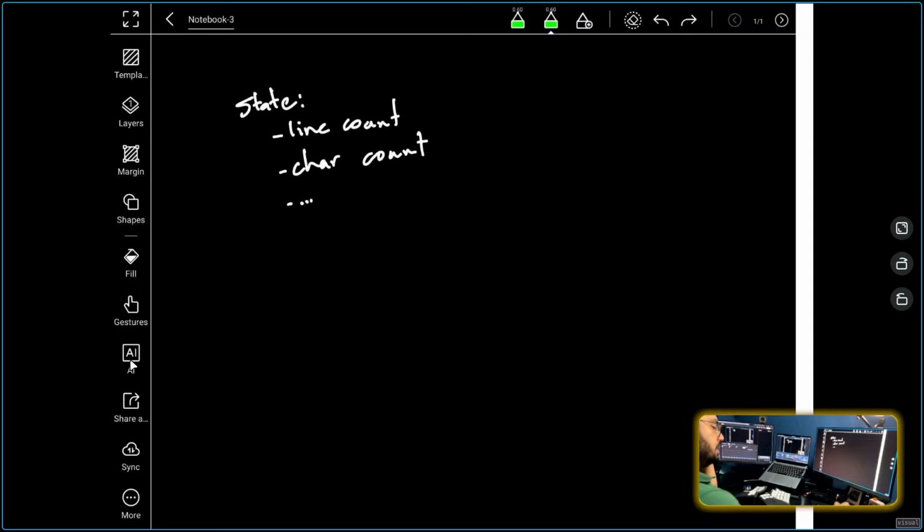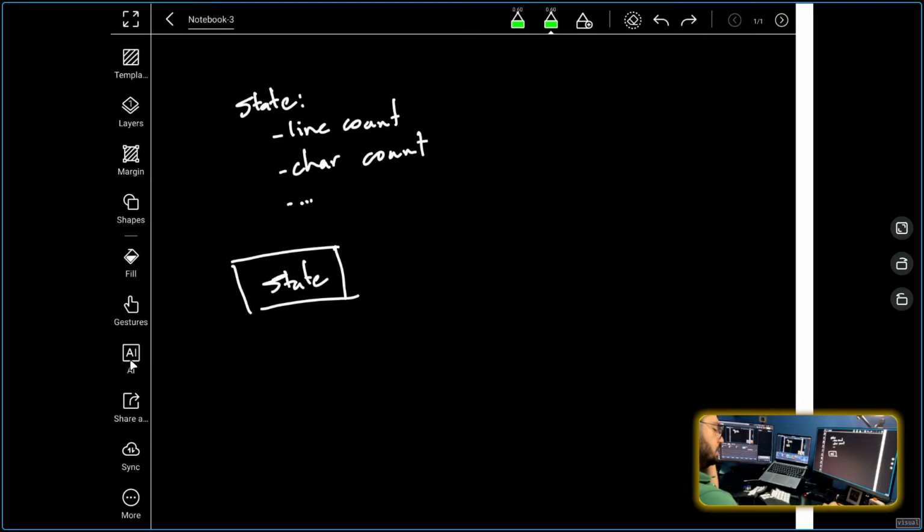And right now I'm processing each of them individually. What I want to do is to have this object that contains all of this